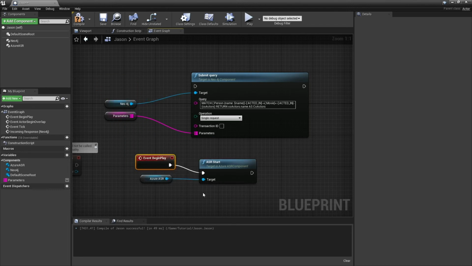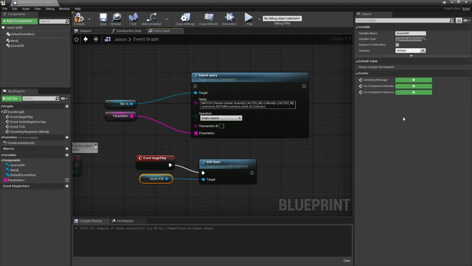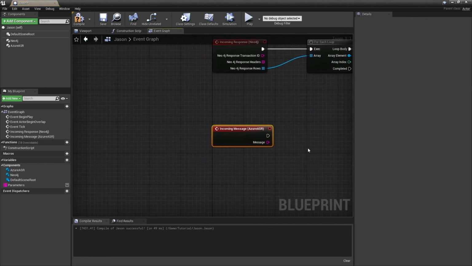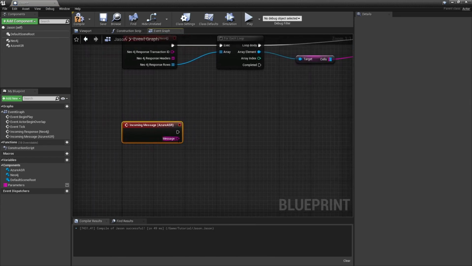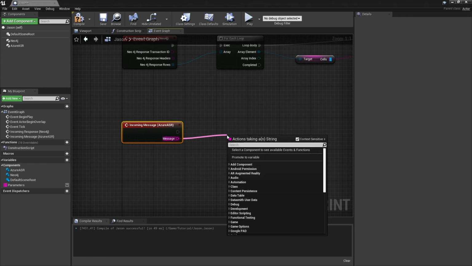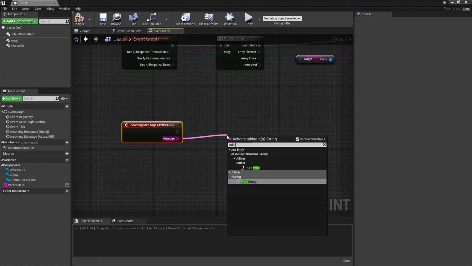ASR start streams data towards the Microsoft Azure services, and it stops streaming data from your microphone as soon as it hears a couple of seconds of silence. Then it will give you back the transcription. So the next thing is to create an incoming message event which contains the actual transcription, and just check if this works. Let's print